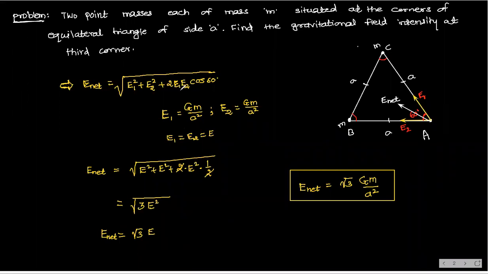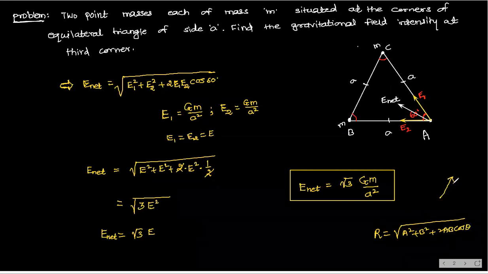This is from the parallelogram law of vectors. If two vectors are there and they are making an angle theta with one another, then R is equal to the formula I told you before. Also we have used it in force: R equals the square root of a square plus b square plus 2ab cos theta. One vector here, another vector here, this is a, this is b, and the angle is theta. Then we should use this formula for finding the resultant of these two vectors.